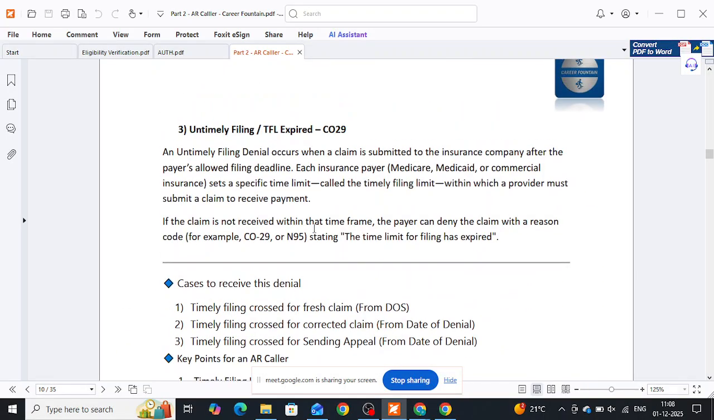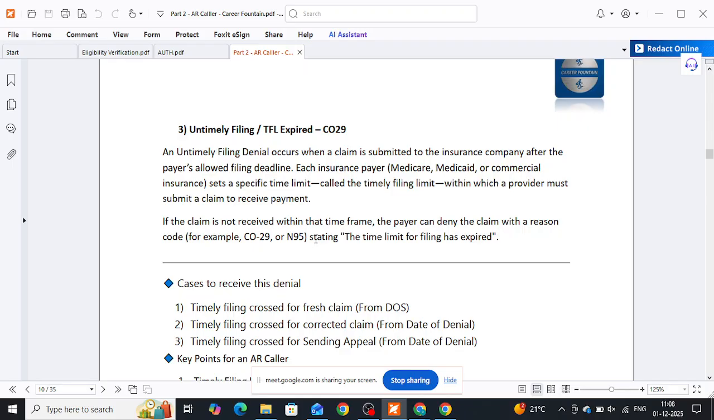Let's see the next one. Next is untimely filing, also called TFL expired. Denial code is CO29. Every insurance company has a time frame for billing claims, and within that given time frame only, we should bill our claim to that insurance. If you bill beyond the given days, then we will receive this denial as untimely